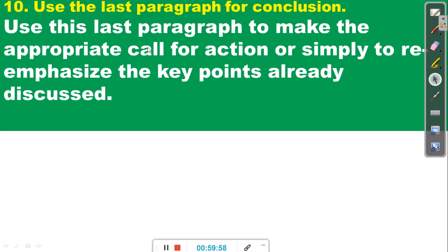But in this tip number 10, we are concerned with the last paragraph, which you are going to use for conclusion. You need to use this last paragraph to make the appropriate call to action, or simply to re-emphasize the key points already discussed. In the opening paragraph, you let the reader know why this writing has become important and what exactly you want to say in this piece of writing. But when you come to the last paragraph, this is where you bring your writing to a close, and you can do it in several different ways. You may say something that will make a lasting impression on the receiver,